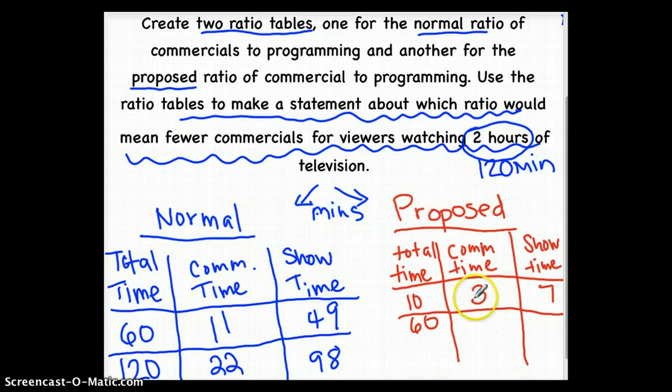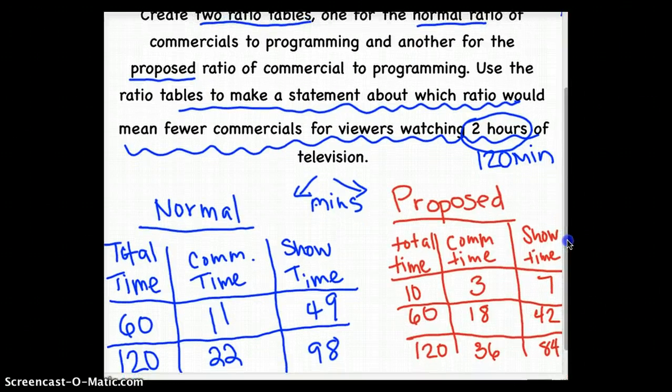3 times 6 is 18. And 7 times 6 is 42. Okay, now we can compare. But we want to know for 2 hours, so let's continue our ratio. Now we can take, just like we did here when we times by 2, times by 2, times by 2, let's do that here. So 60 times 2 is 120. 18 times 2 is 36. And 42 times 2 is 84. Okay, now we can clearly see which one of these